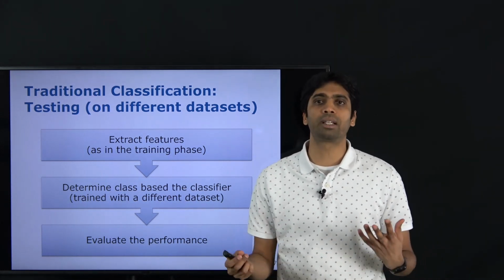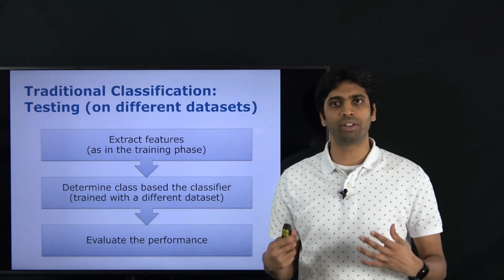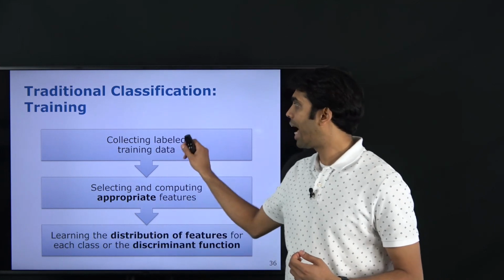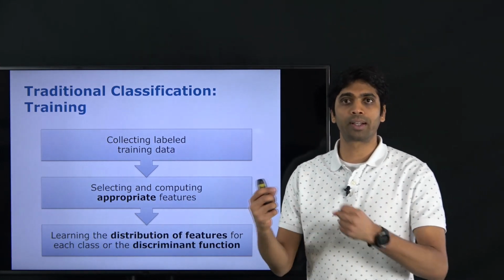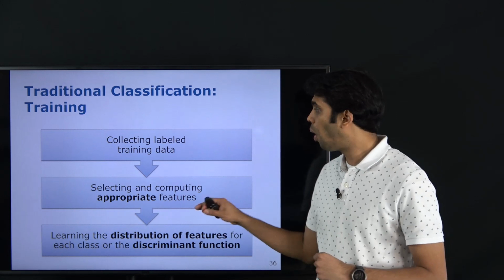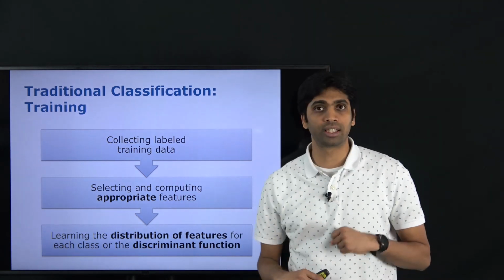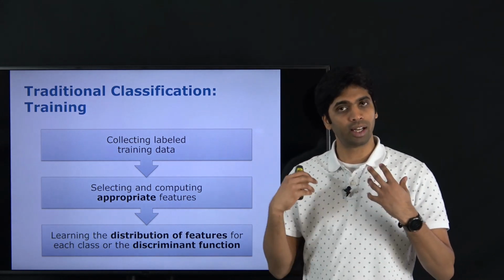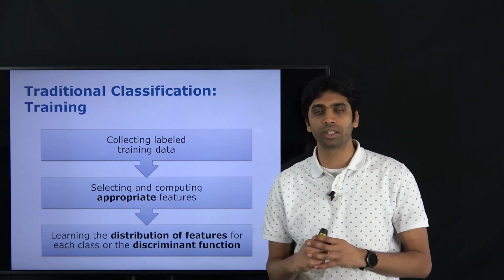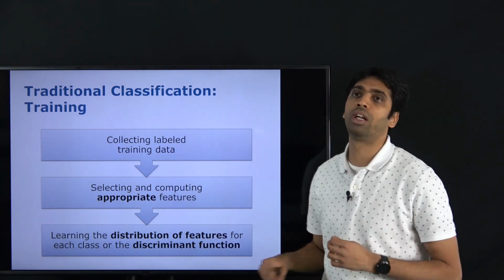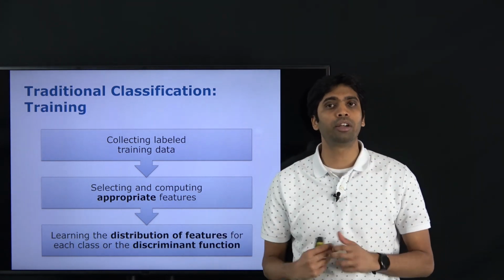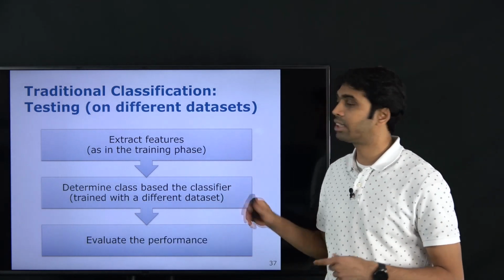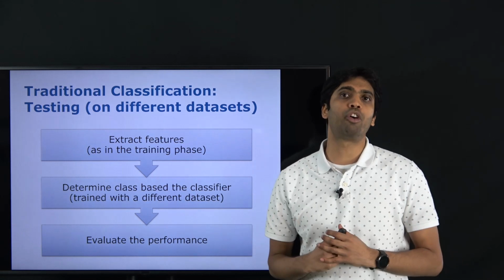So for example, at some point you realize, okay, I have not actually reached my desired performance. Then you go back to your training stage. You either add more training data, so you go out, collect more data, label them, or you design newer features. Let's say, okay, I add this extra feature which I think will really help my discrimination process. Or you might even change the model that you use to learn from this data, right? So you kind of do this recursively, the training and the testing steps, till you're happy with the performance of